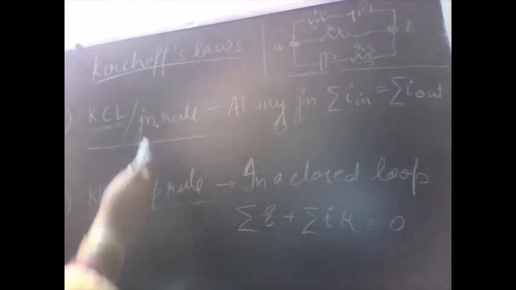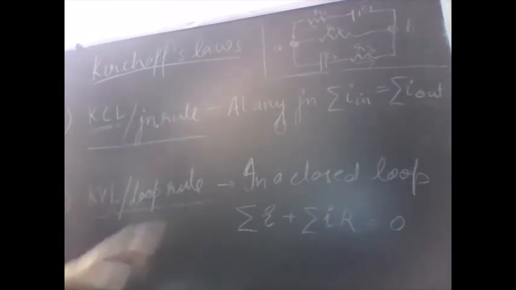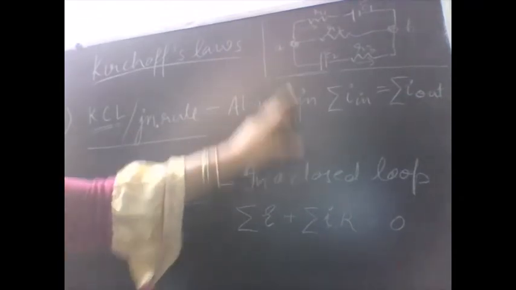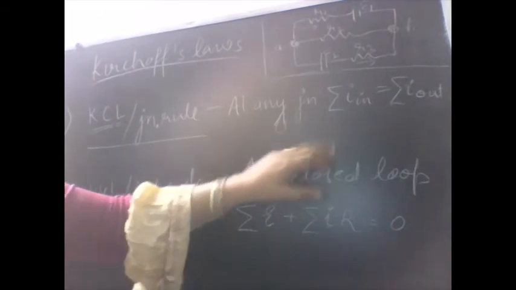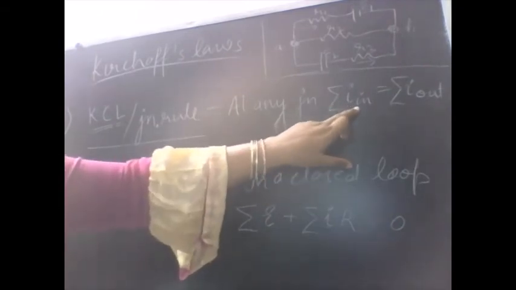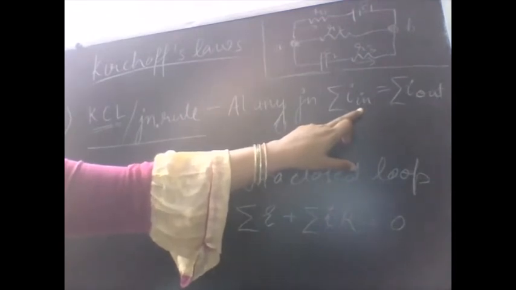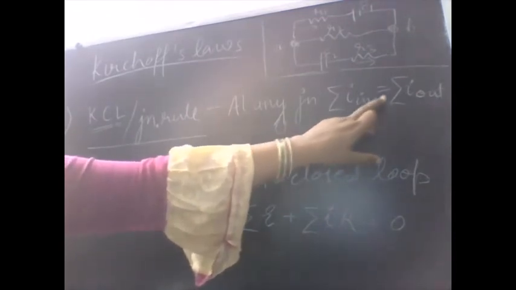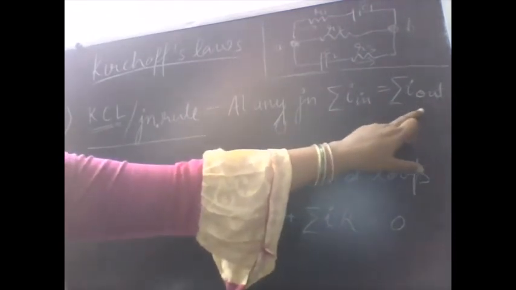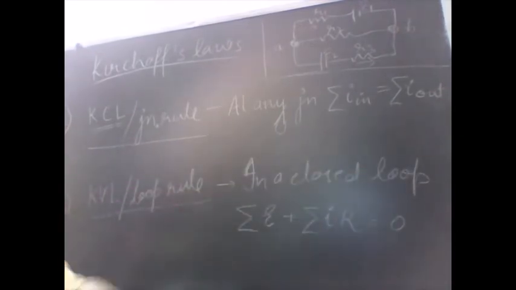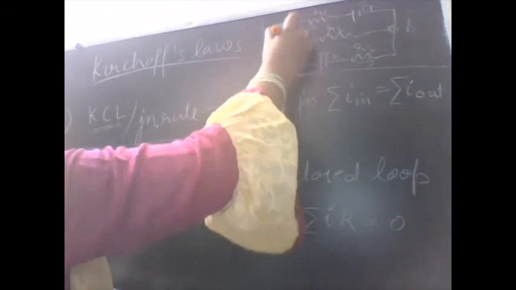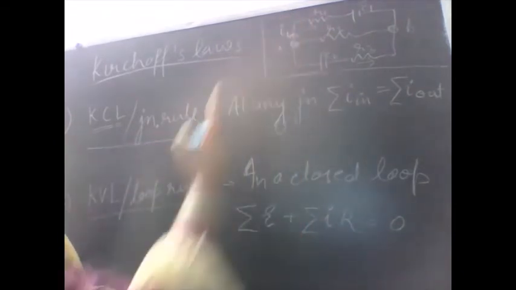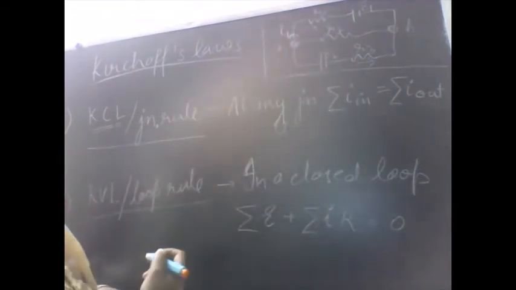So what is this junction rule? Junction rule says that at any junction, A or B or any other, the sum of the currents that are entering is equal to the sum of the currents that are exiting the junction. For example, say this current is I1 going to the upper branch,